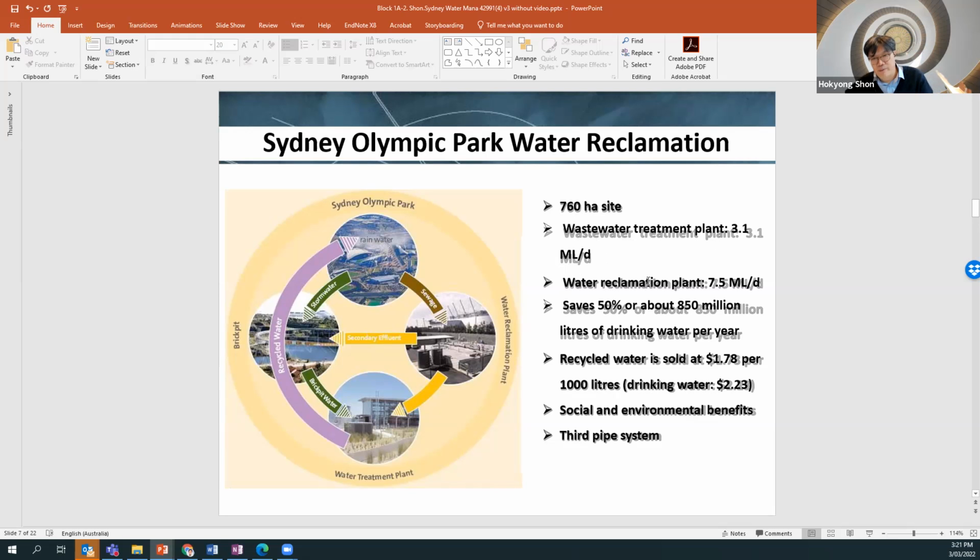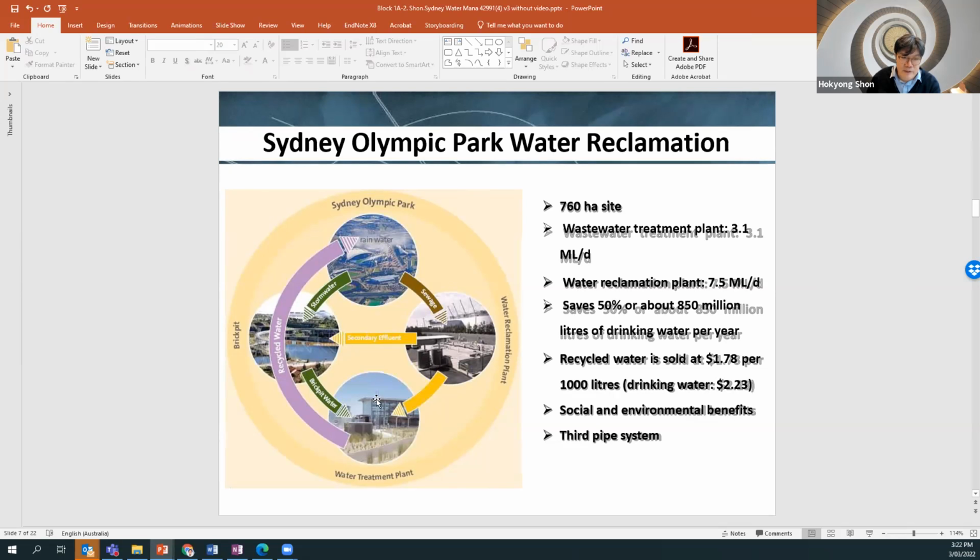Water reclamation plant, 7.5 megaliters per day. So they combine, this is the Sydney Olympic Park. They have wastewater and also stormwater. So there is the black pit to collect the rainwater. It's a stormwater harvesting pond, and they are combining wastewater effluent as well as the black pit water, and